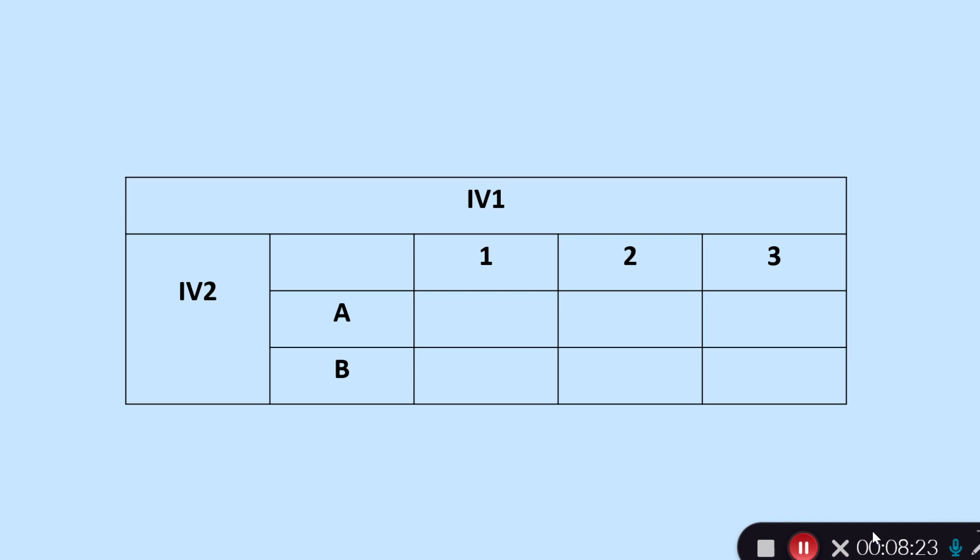Okay, and you could also use a table like this to record summary statistics, such as the mean for each group. So the mean score for those in group A1, and the mean score for all those participants in group A2, A3, B1, B2, B3, etc. Okay,